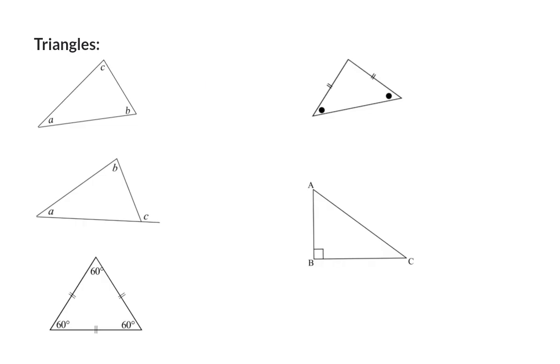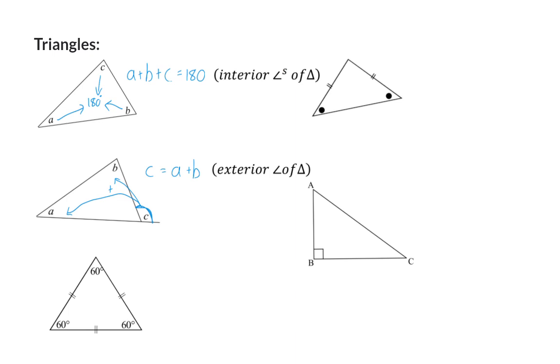My next group of theorems have to do with triangles. First one is that we know that the three interior angles of a triangle all add up to 180 degrees. So A plus B plus C is 180 degrees, and my reason for that, interior angles of a triangle. Next, I can say that if I have an exterior angle to a triangle, that angle will be the same as the two opposite interior angles added up. So angle C will be the same as A plus B, and my reason for that is now